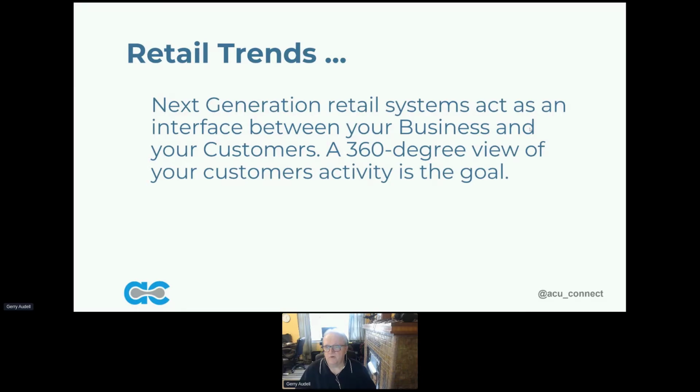So if you place a web order, you create a customer account. That customer account needs to be inside of the ERP database and available for the POS system to use if the customer wants to place an order in a store or wants to do a return or any of those sort of things. So there's quite a bit of synergy between the different places where customers interact with the company, and the end result is that over time you'll have a very complete